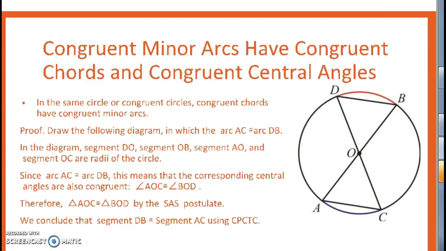Let's look at our next main idea. Here we are told that congruent minor arcs have congruent chords and congruent central angles. This kind of combines all of the ideas so far. So in the same circle or congruent circles, congruent chords, so for example, if we look at chord DB and chord AC, if these chords are given to us as being congruent,